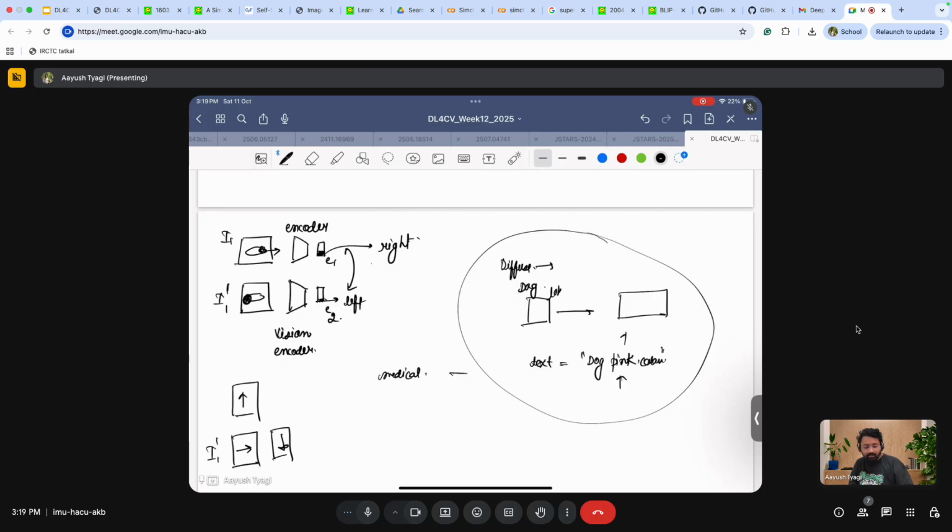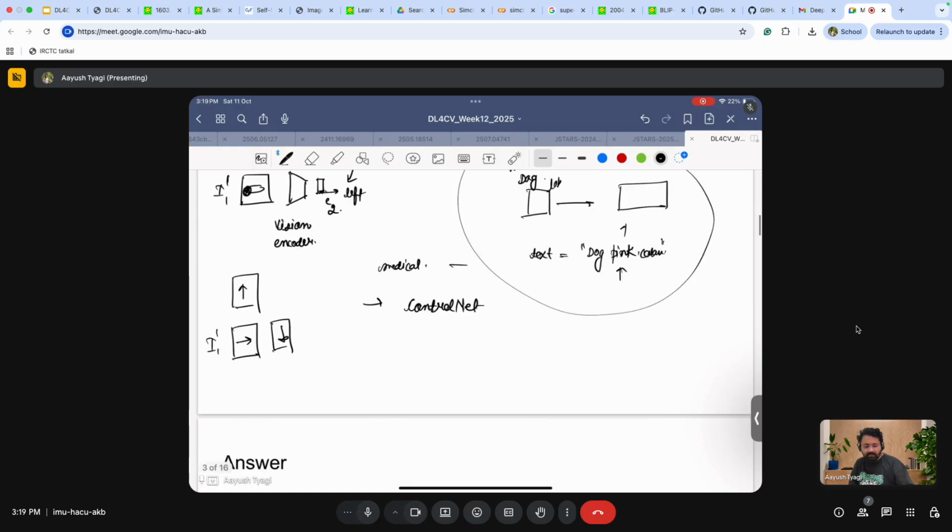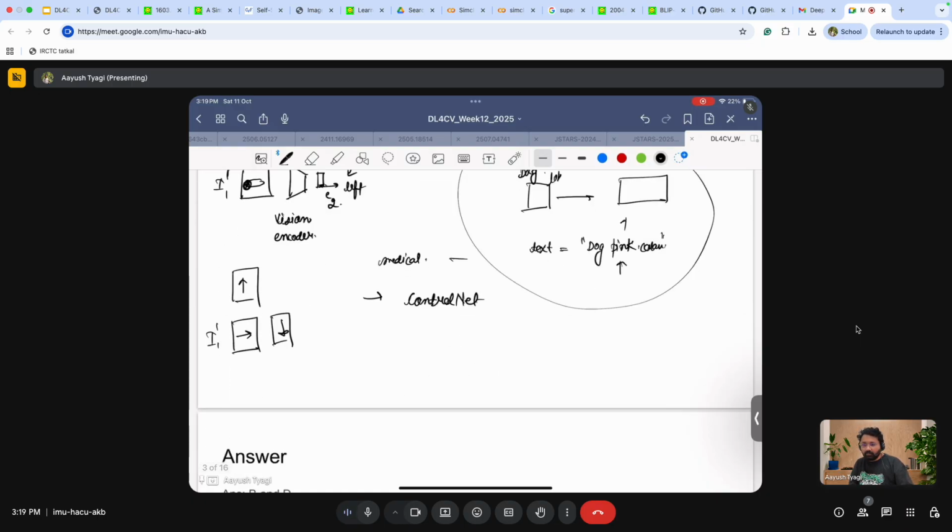There is something called ControlNet. I think we have discussed it in previous sessions as well. In ControlNet, along with your text information, you can provide some sort of skeleton or some mask as well. So suppose this is the boundary of the dog which I have provided, right? And maybe a reference image as well. So this is a reference image,